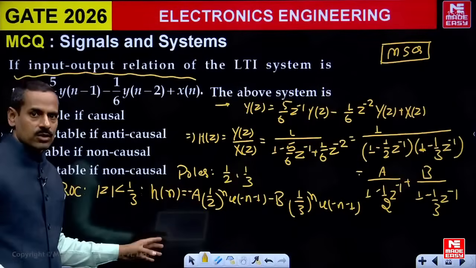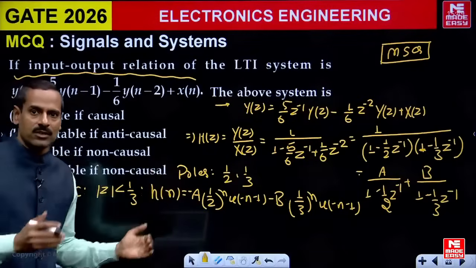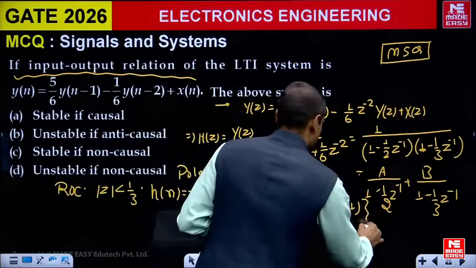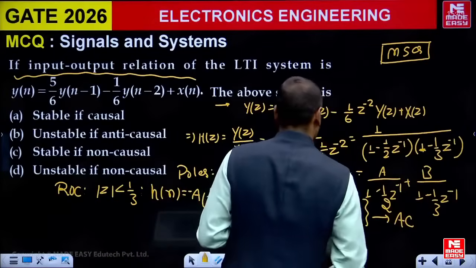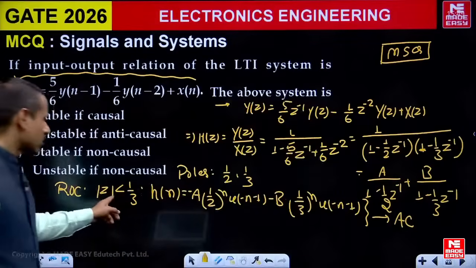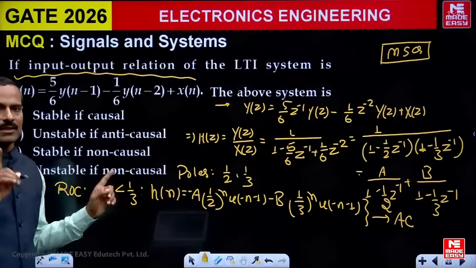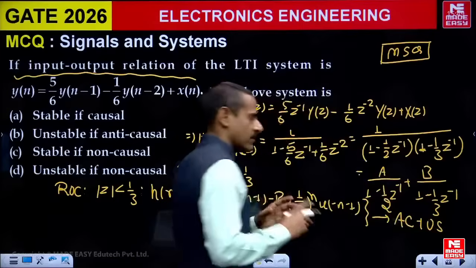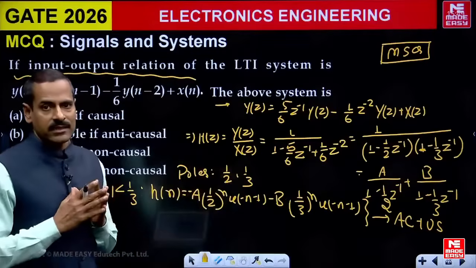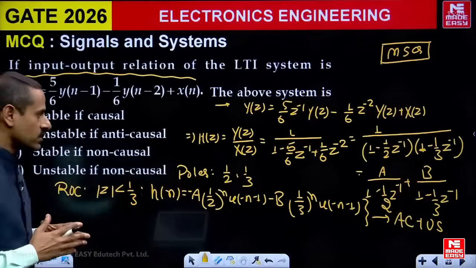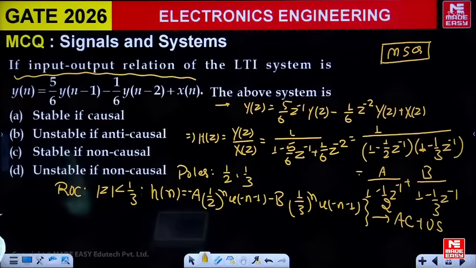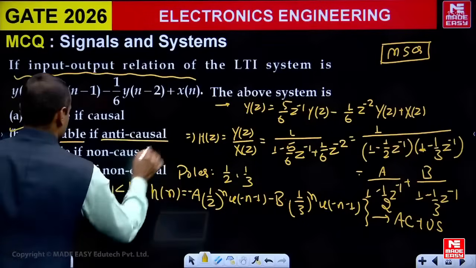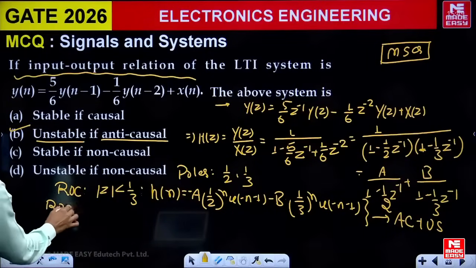अब इसको अच्छे से देखो, h[n] के सैंपल्स LHS में हैं, तो h[n] इज 0 फॉर n ग्रेटर देन इक्वल टू 0। और अगर h[n] n ≥ 0 के लिए 0 है, तो बताओ सिस्टम कैसा है? एंटी कॉजल है, ठीक है। और ROC इज नॉट इंक्लूडिंग यूनिट सर्कल, इसका मतलब सिस्टम अनस्टेबल है। तो सिस्टम एंटी कॉजल अनस्टेबल हो सकता है। तो हमें पॉसिबिलिटीज लेकर चलनी हैं, क्योंकि MSQ है तो एक से ज़्यादा ऑप्शन करेक्ट हो सकते हैं, एंटी कॉजल एंड अनस्टेबल।